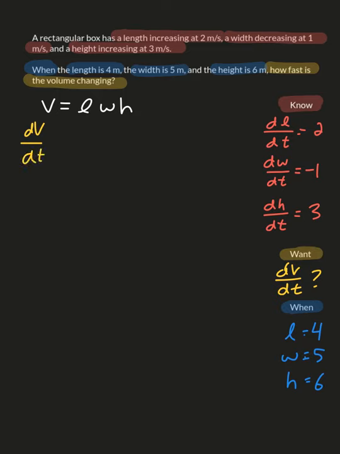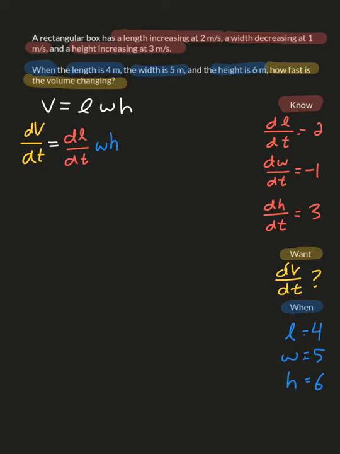A, B, C getting multiplied together. So the left-hand side is just dV/dt, but on the right-hand side, I'm going to use the triple product rule. Triple product rule is A'BC plus AB'C plus ABC'. It's basically all the different combinations. So the derivative of L is dL/dt, and then we leave the width and the height alone,